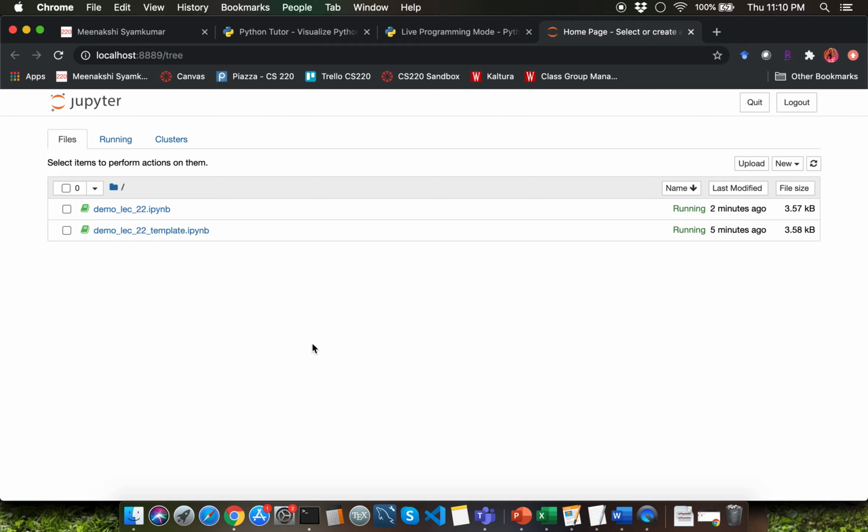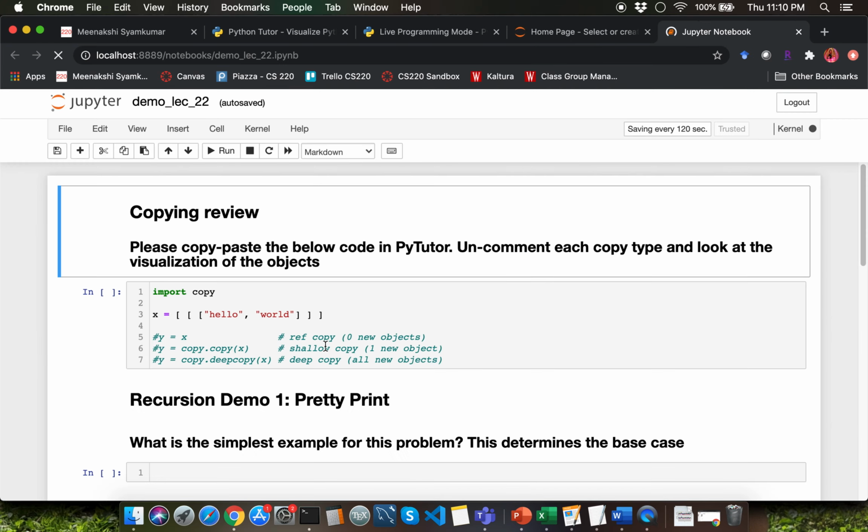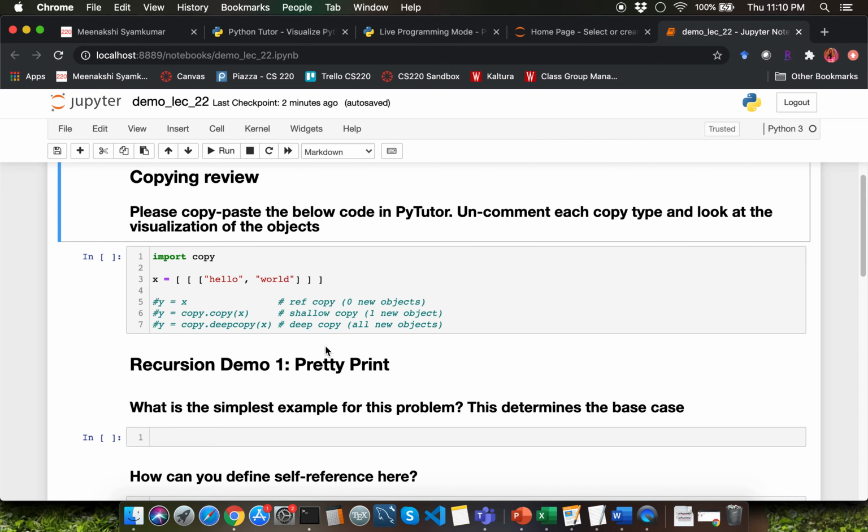As we mentioned in some of the previous lectures and emails, we have a template notebook file for you to download and follow along the demo. Right now, I'm having some issues with respect to the website sync. I'm hoping that by the time you watch this video, I would have been able to upload the template file here. I have created a copy of the template file into a different notebook. I'm going to use that to answer all of these questions. Make sure to go through the review problem to do a review of different types of copy.